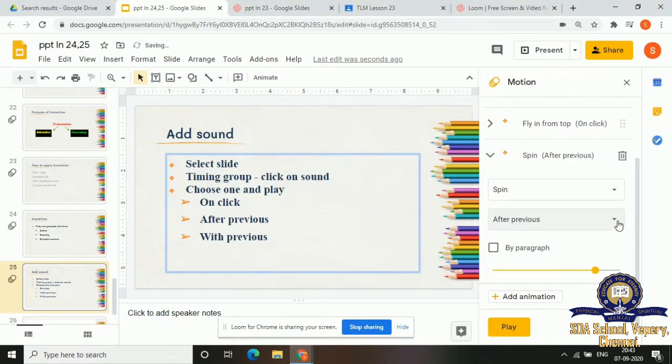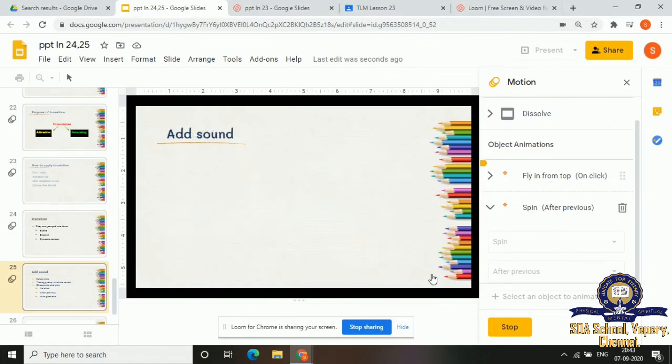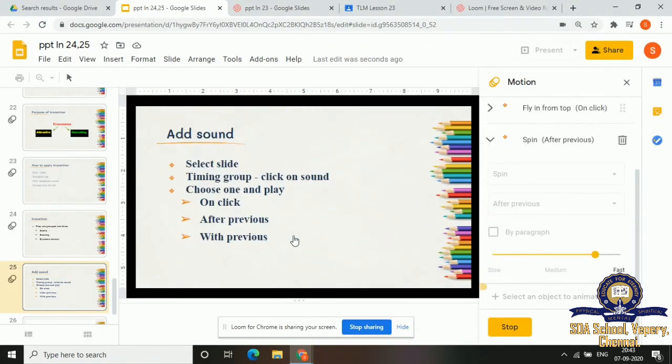The option here, drop down list, after previous. Now we'll see how it works. Play. Fly. After flying, it started rolling down, but I never clicked here. That is because we have given after previous option.